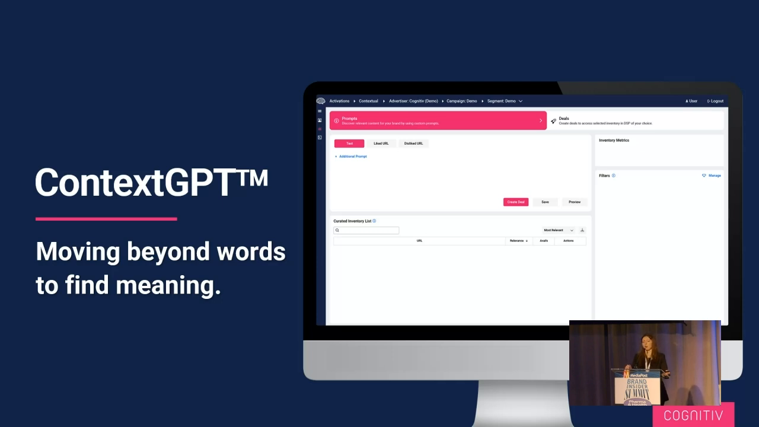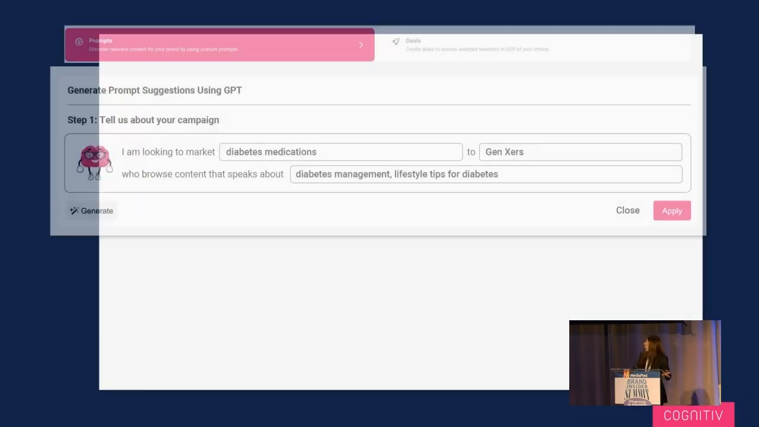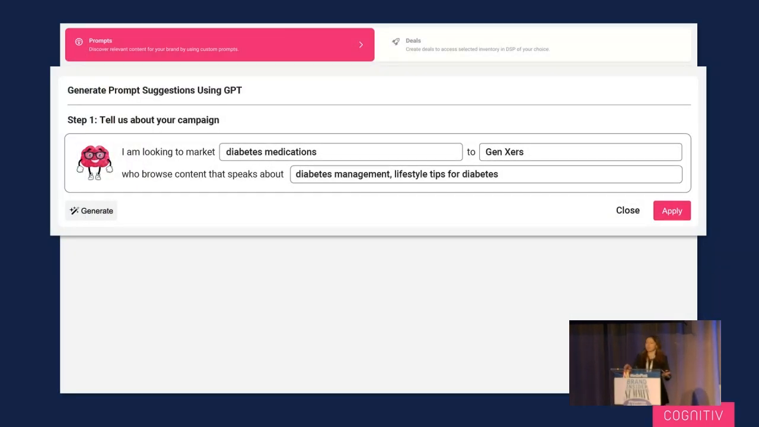Is the language geared towards a healthcare professional or someone who has a medical degree? And things of that nature. And so I mentioned that we don't use keywords. Instead, we use custom prompts. We can take a couple approaches to doing this, from